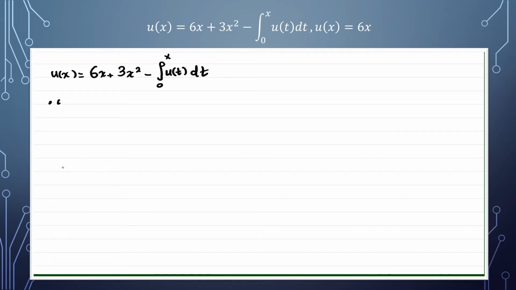We first let u of x equal to the summation un of x, where n from 0 to infinity, and then use the recurrence relation of the Adomian Decomposition Method, where u0 is equal to 6x plus 3x squared, and then the rest will give us